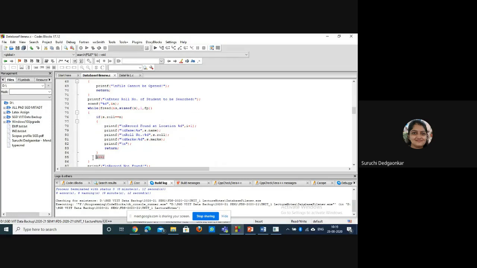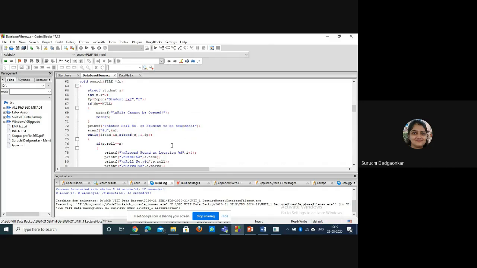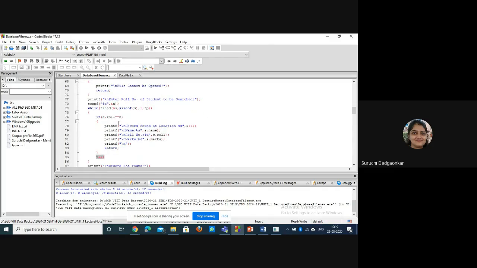I plus plus is not required, because see here I am displaying the record location. That's why I is getting incremented. If you want to display the position, okay, so we are manually finding the position of that particular record. So I is initially 0, and every time when we are reading a record, we are incrementing the I. Okay, that's why it is displaying the position.